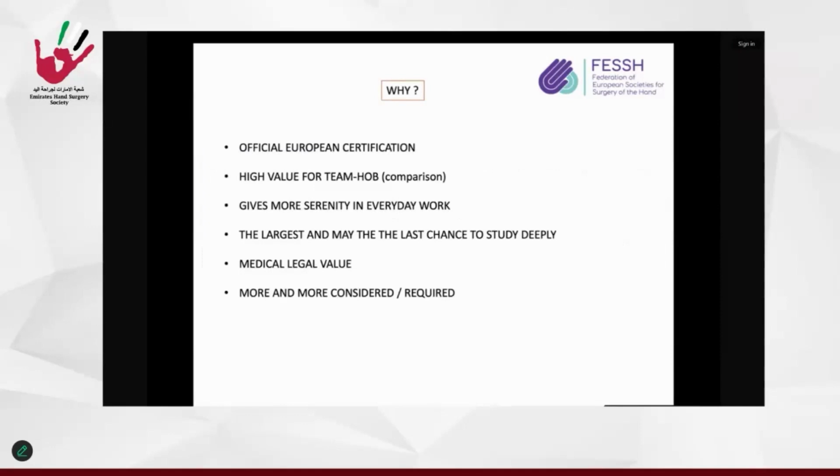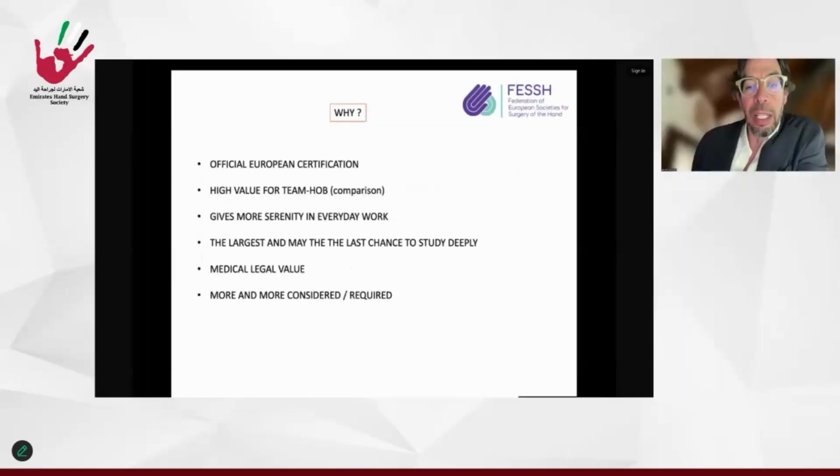I think it is useful for the team we are working with, because it is a demonstration of the high value of the team and of the quality of your work, and it gives much more serenity in everyday work. Maybe it is the last chance that we have to study hand surgery deeply, because it is a difficult exam.